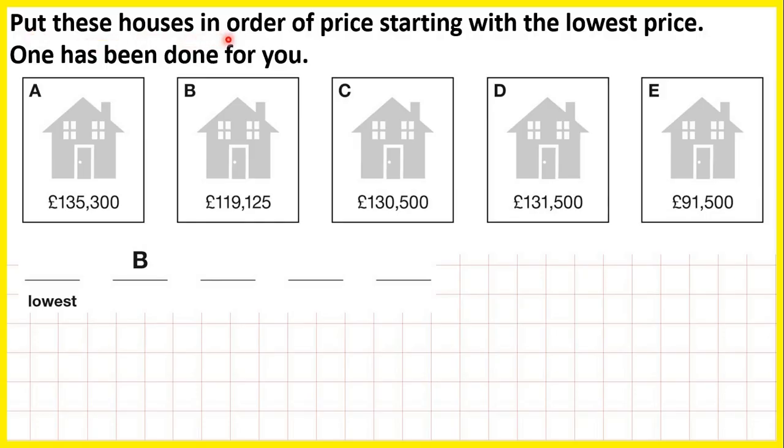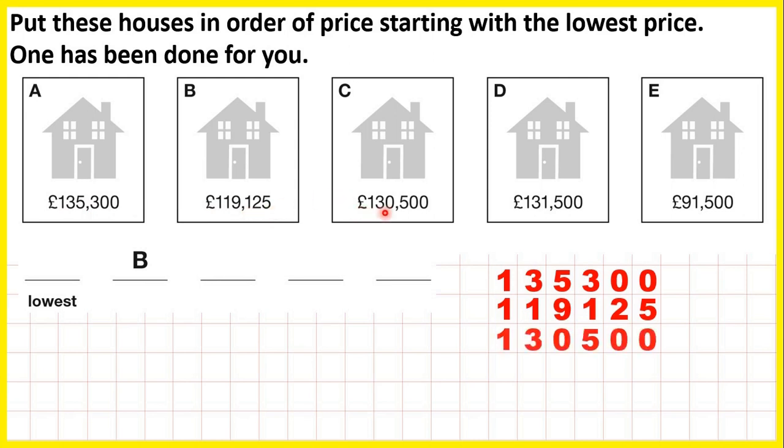Put these houses in order of price, starting with the lowest price. 1 has been done for you. So we have 135,300, 119,125, 130,500, 131,500, and 91,500. So we can see that the lowest price is